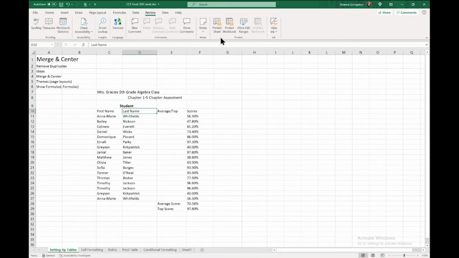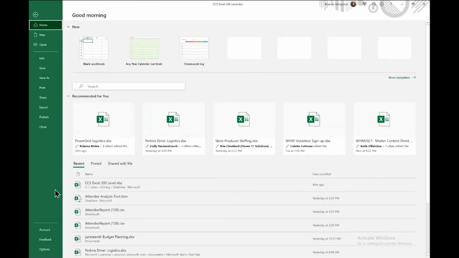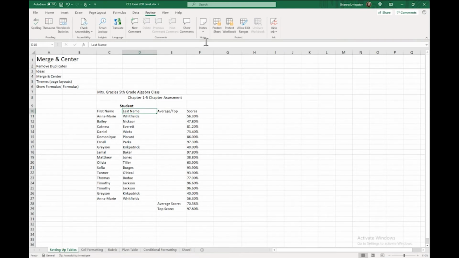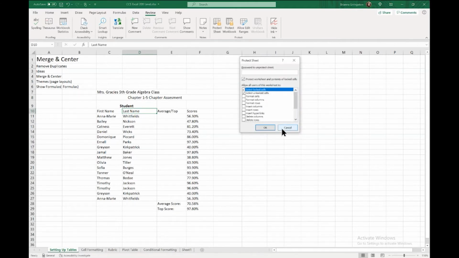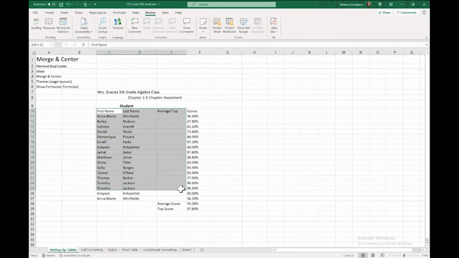But there's also something a lot of people don't know you can do. You can password protect. You can also encrypt the entire file, which is back here in the options. You can encrypt the file so that a password is required to even open it, or you can password protect the sheet. As we have several sheets in here, this one will be password protected and will require a password to get into it. Or you can even password protect just specific cells. So if this is maybe last year's data and I don't want anyone messing it up or changing it, that's a big deal. We don't want last year's data to be changed because that wouldn't be true.